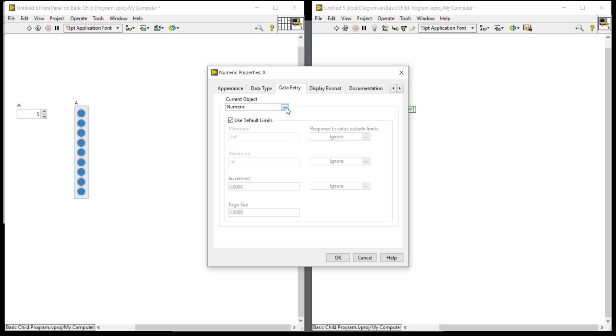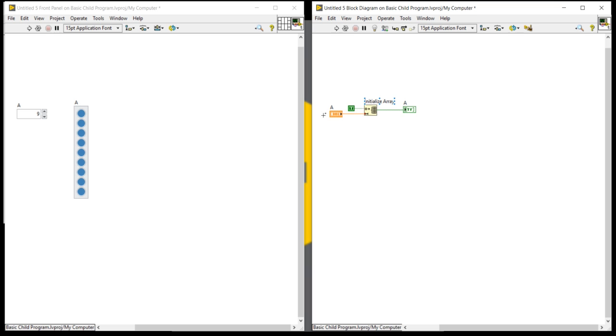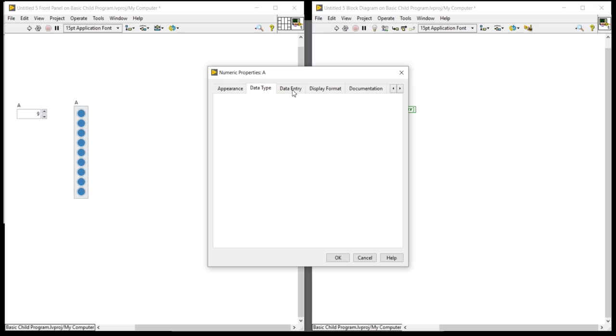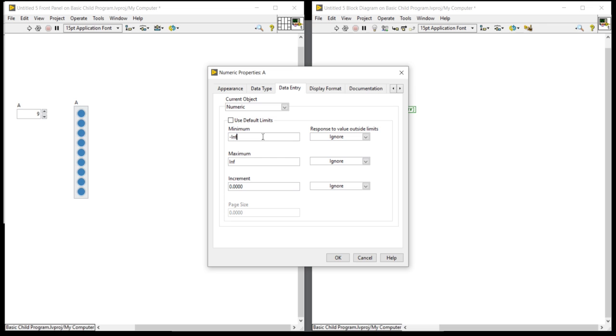In the data entry, you will get appearance, data type, then data entry. In the data entry, you will get use default limits. So here I am going to set minimum to -9 and maximum to 9 and increment will be 1.